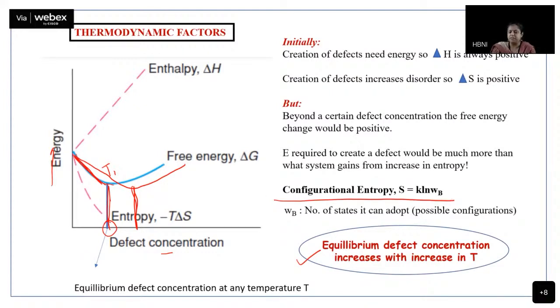And this is given by k log natural W. Now, what is your W? W is the number of states that are possible. For example, when I said that you had a completely ordered n by n arrangement of atoms, and I just want to remove one atom, that means how many ways I can remove that particular one atom. What are the different possible configurations? That is what your W represents. Okay.